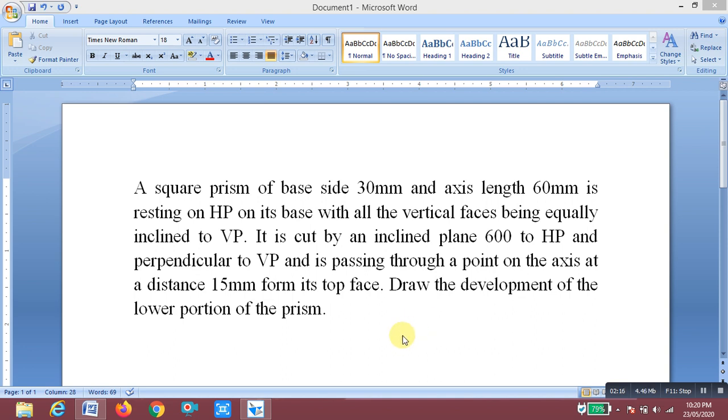So the given problem is, I am just selecting this problem. A square prism of base side 30 mm and axis length 60 mm is resting on HP on its base, with all the vertical faces being equally inclined.